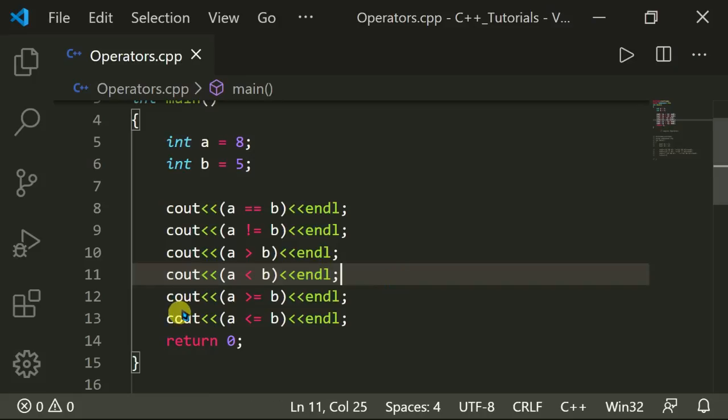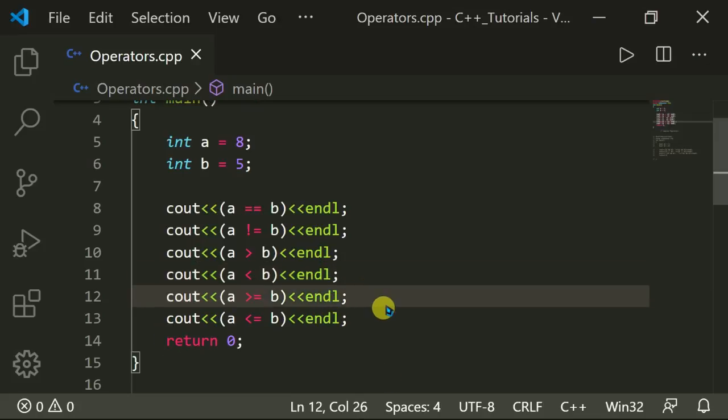And the next cout, a is greater than or equal to b, means a should be greater than b or equal to b, then it will be true. So 8 is greater than 5, so it returns true, or 1.